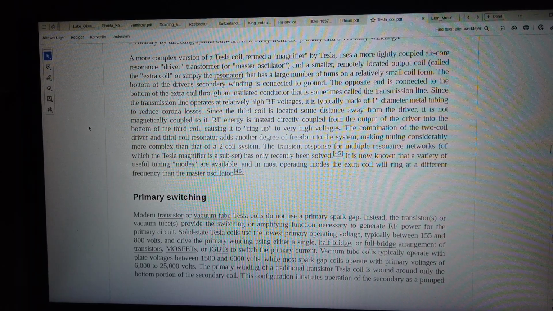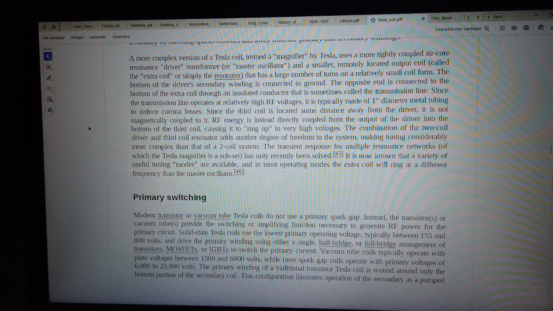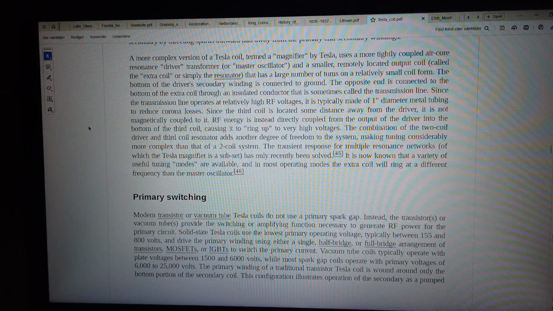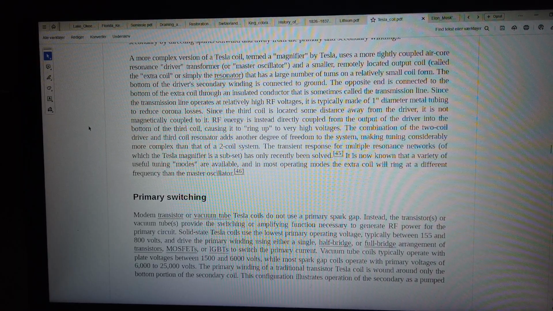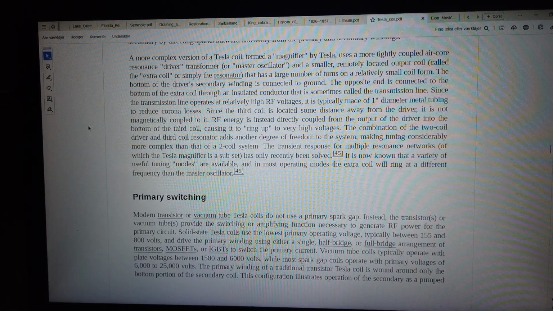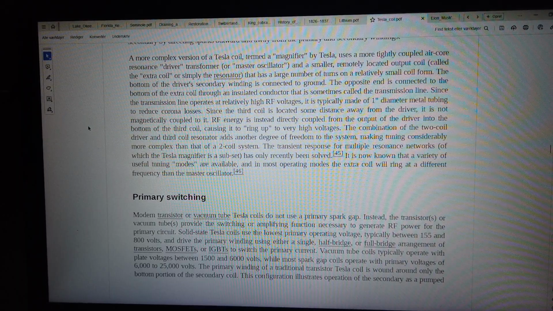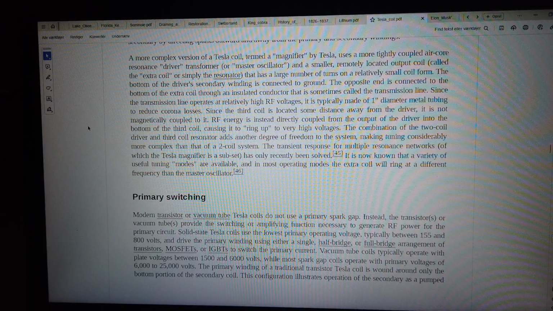Primary switching. Modern transistor or vacuum tube Tesla coils do not use a primary spark gap. Instead, the transistors or vacuum tubes provide the switching or amplifying function necessary to generate RF power for the primary circuit. Solid-state Tesla coils use the lowest primary operating voltage, typically between 155 and 800 volts, and drive